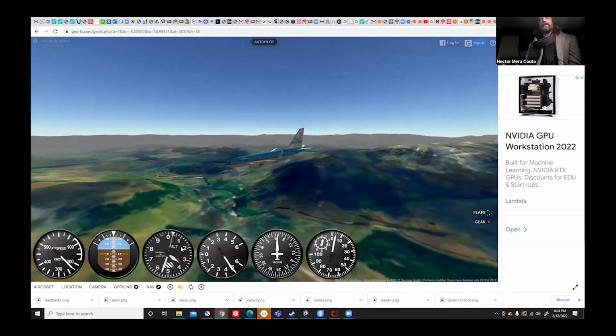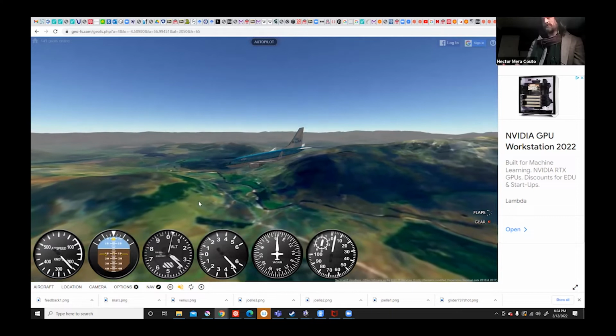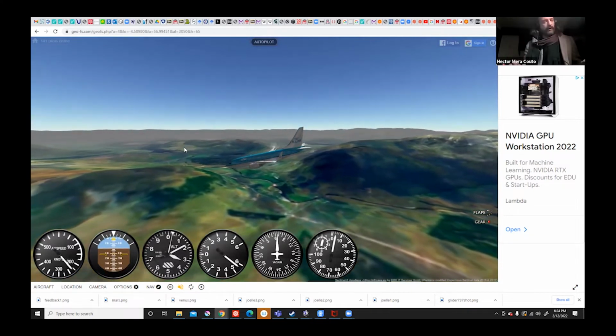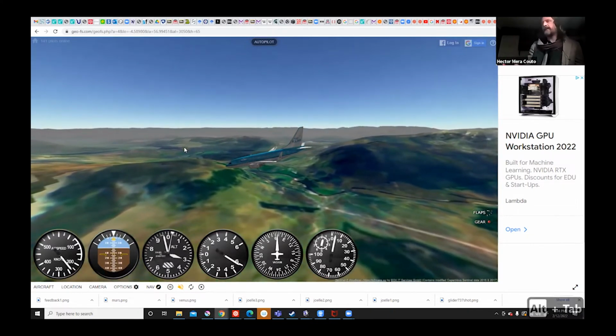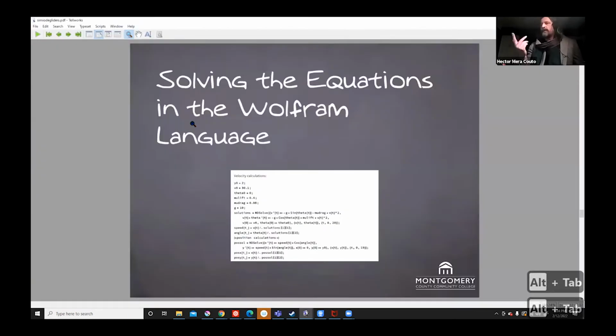And well, now it's about to crash. So let's go back to the presentation. So that's a simple code like this. You know, you can actually explore those things. So let me show you